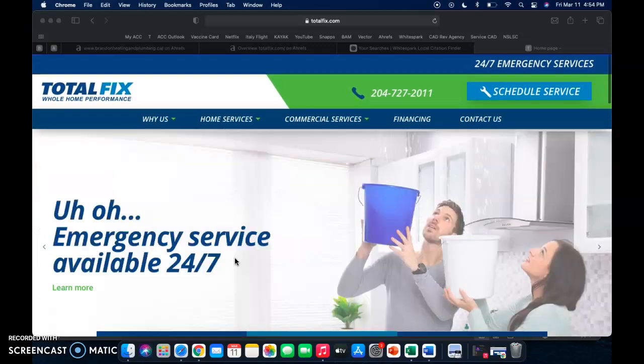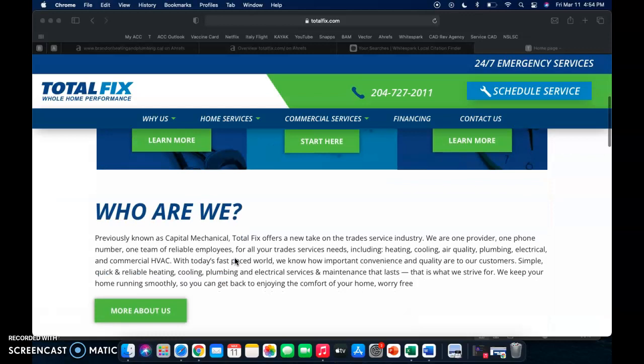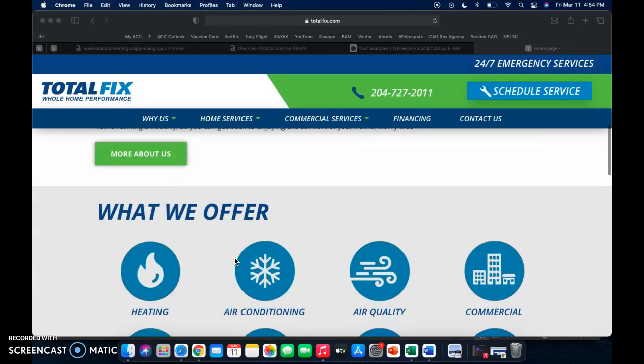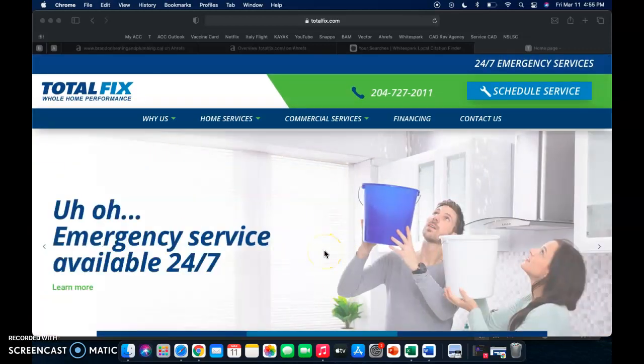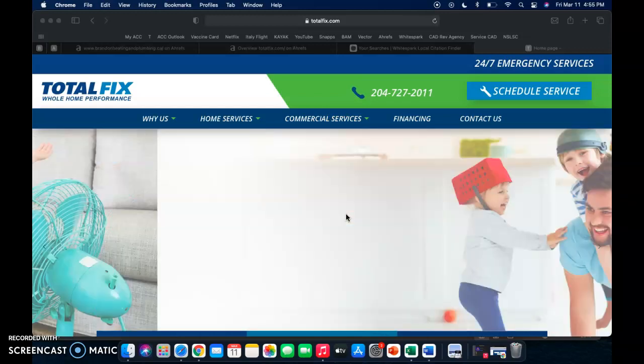And personally, I don't prefer a home page to have a lot of words. Just because it can get really wordy, and you want people to take a look at your website and be pleased. You want it to be pleasing to the eye, and I think you guys have done a very good job of that. But if you do that, then you have to be sure that all of the back pages, all of your service pages, everything like that, are filled with content that are going to rank your website,